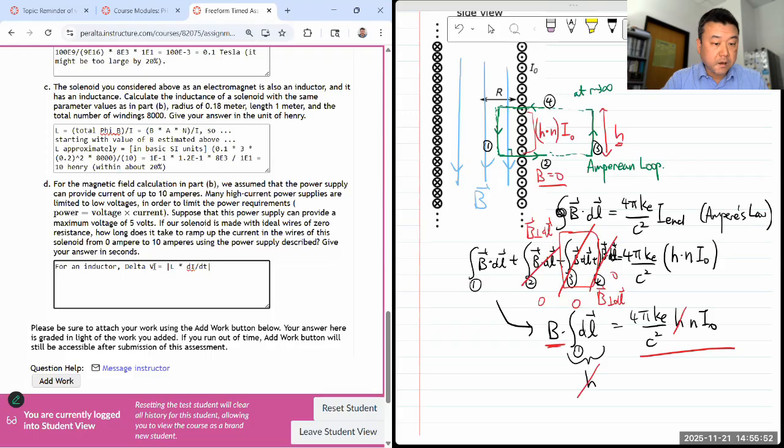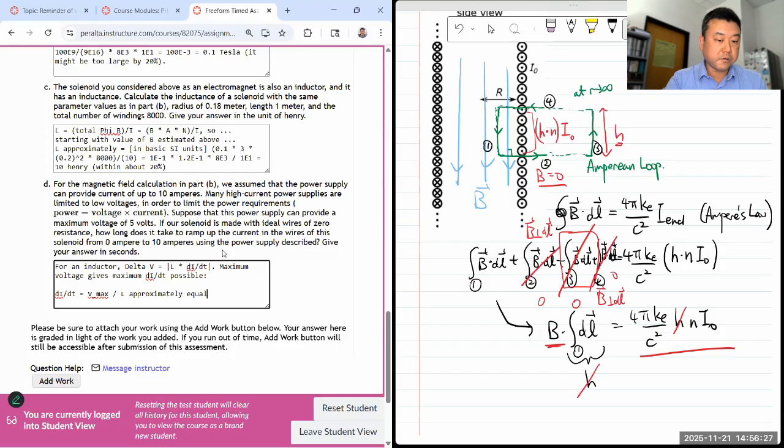So the maximum voltage gives the maximum di dt possible. So the maximum di dt is equal to V max divided by L. So here I think I can say 5 volts